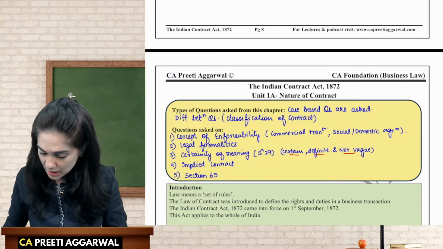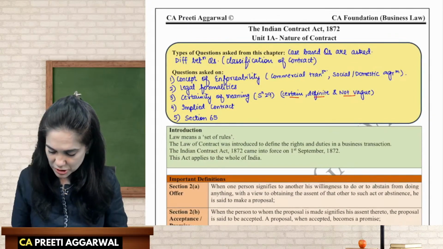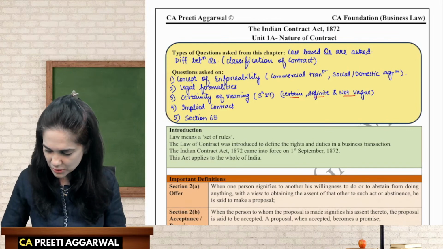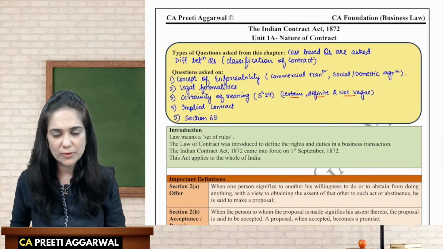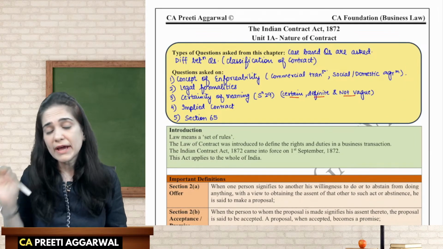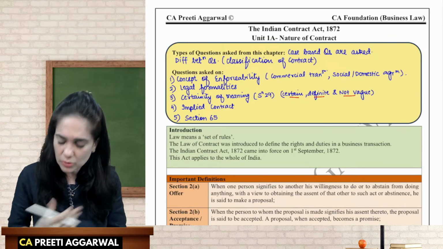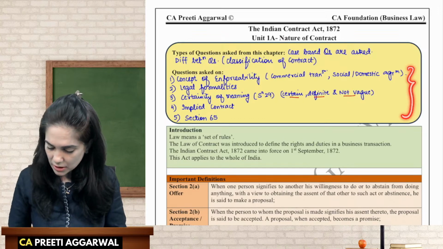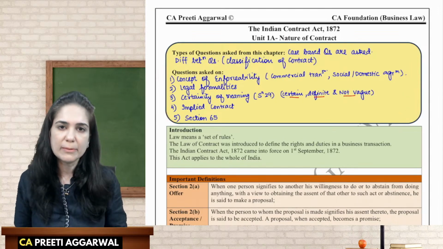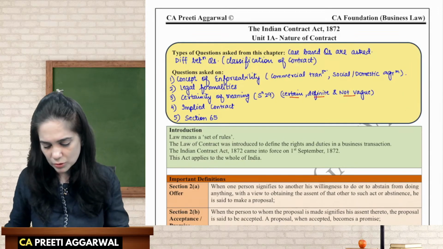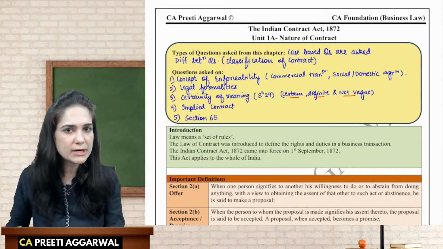Now, these are the other types of questions. Yesterday, I had discussed with you the types of questions that can be asked from this chapter. So for every unit, okay, for every unit, I am going to give you a list of topics on which questions will be asked. Okay, so these are the notes that you will get in the exam oriented batch.